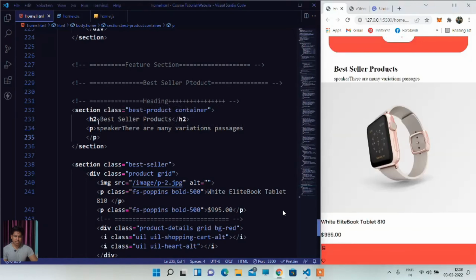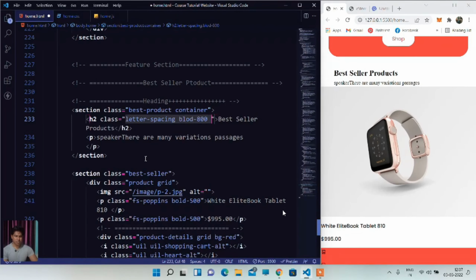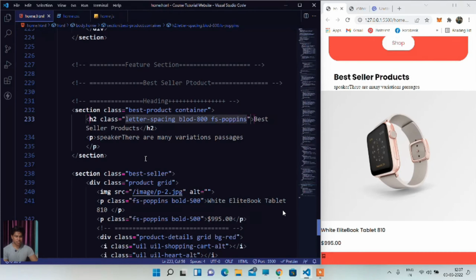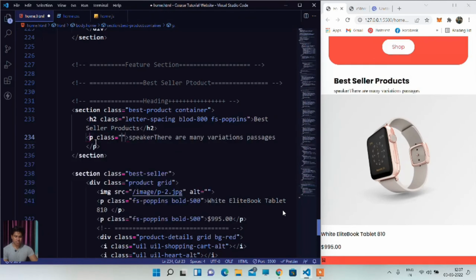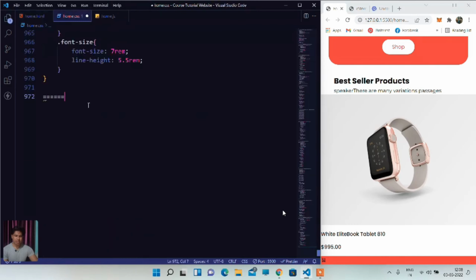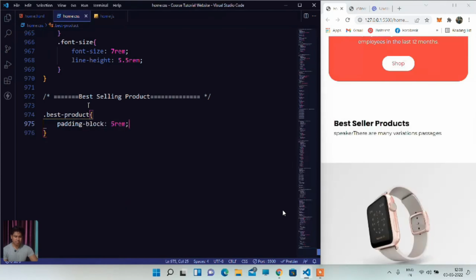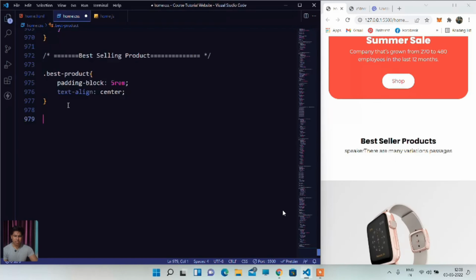Let's assign the classes. So letter spacing. With the utility classes, I'm going to add to this h2 tag, and let's make it bold 800. Okay, and font family is going to be Poppins. Let's target my p and set it to Montserrat, and font weight is going to be 100. I'll copy my best product, come here and say best selling product. I'll give this a comment, best product, and I will assign a padding block 5 rem, text align center,